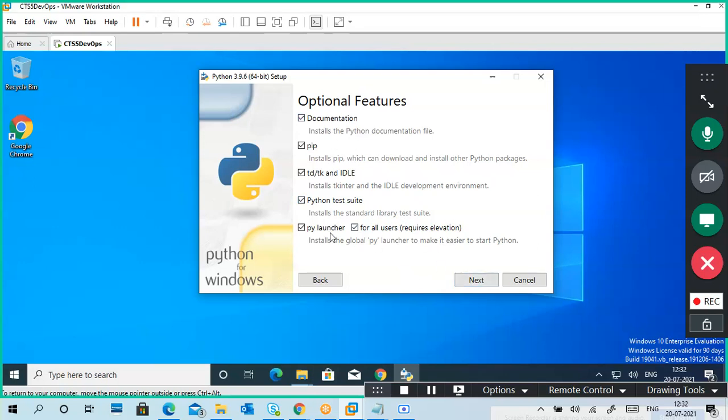So these are all important. py launcher, for all users, like that. Okay, next.